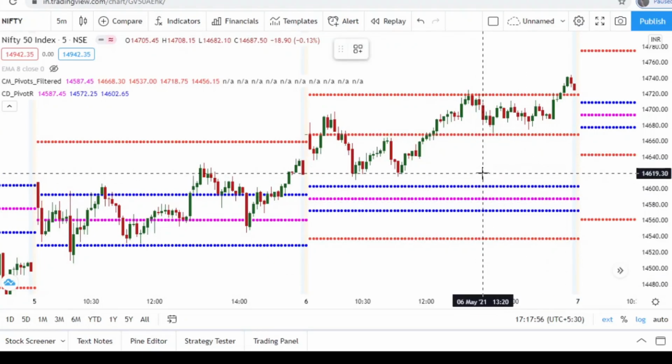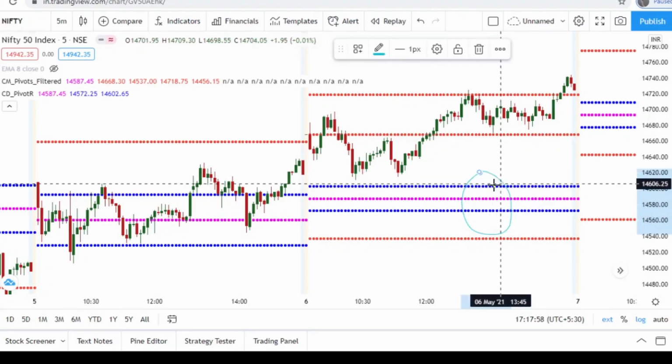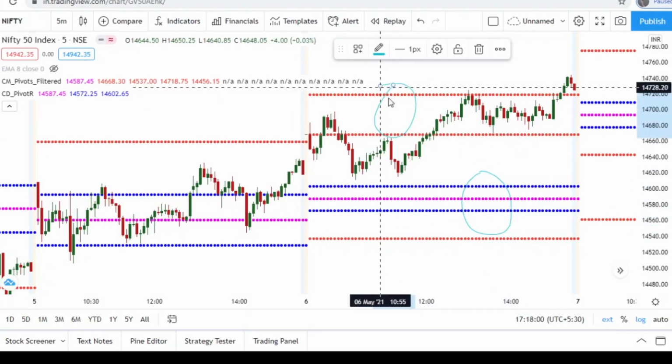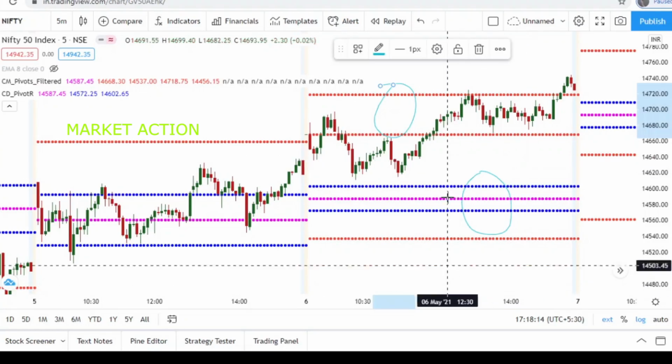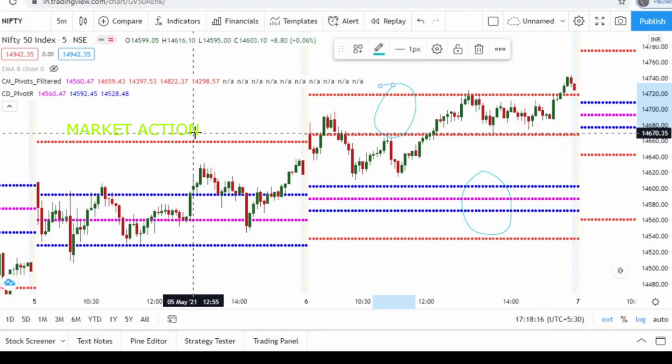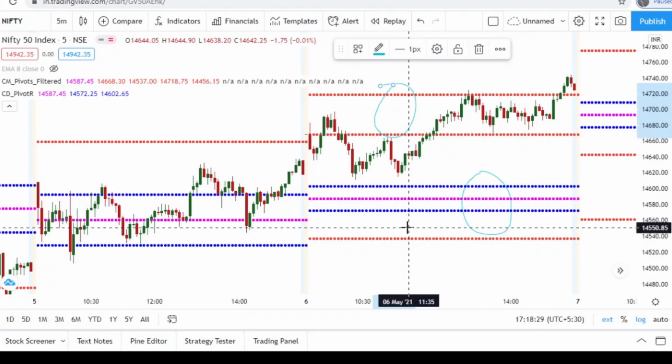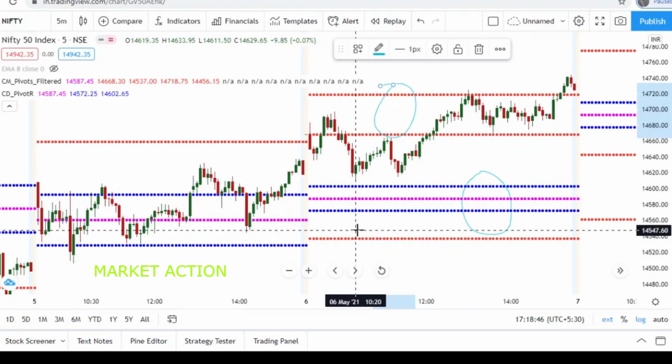In this video, I am going to explain how you can plot CPR and resistance lines in your TradingView chart. Some people commented in my previous videos asking how to plot CPR and resistance lines in TradingView. So in this short video, I am going to explain which CPR you should choose in TradingView, because there are so many CPR and pivot point indicators in TradingView. So which is the best one and which is the one I use in my charts. I am going to explain all those things.